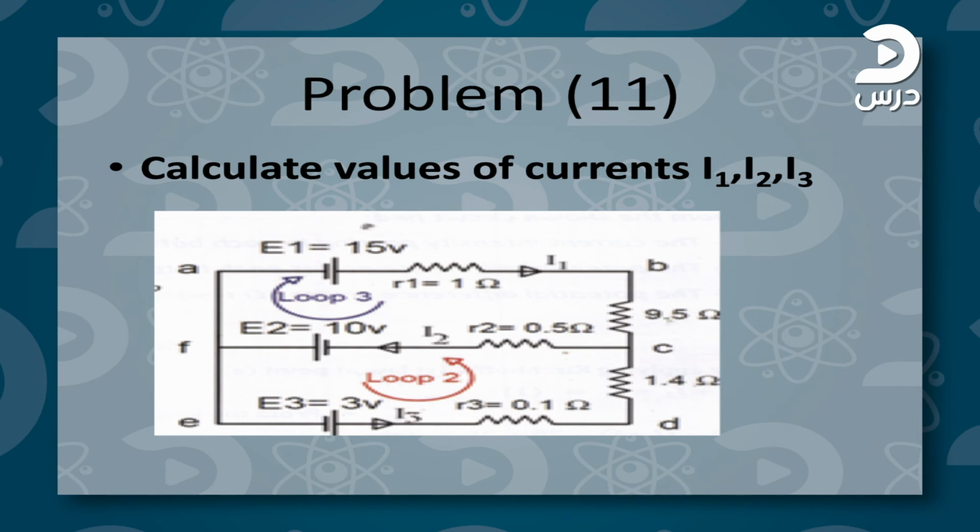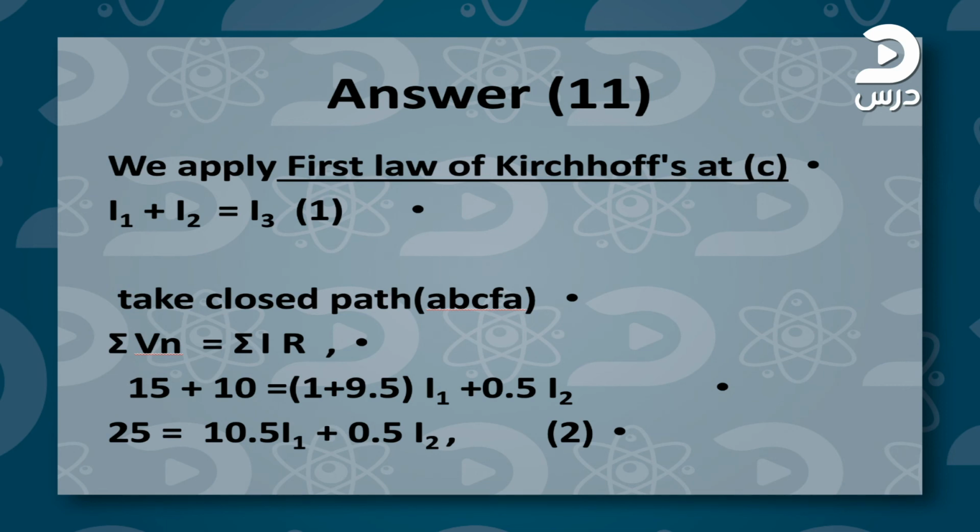Here we can have two loops: loop 3, which is from C F A B C, and loop 2 from F E D E C F. Take the point C, which is I1 plus I3 equal I2. The answers: we apply Kirchhoff's first law, I1 plus I2 equal I3. We can take closed circuit A B C F A, summation of V equal summation of IR, 15 plus 10 equal